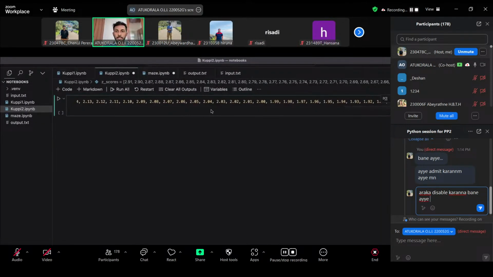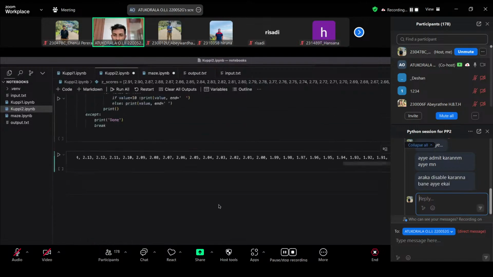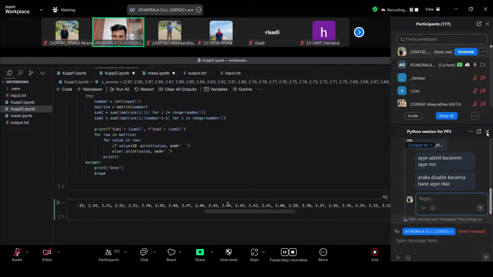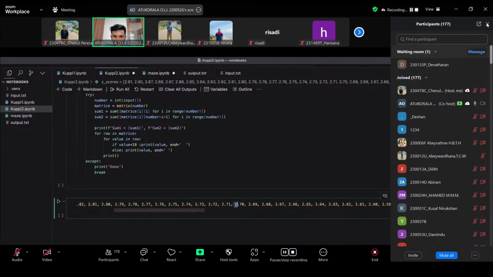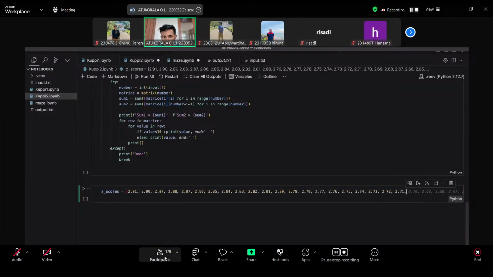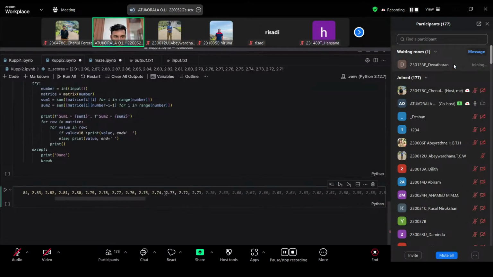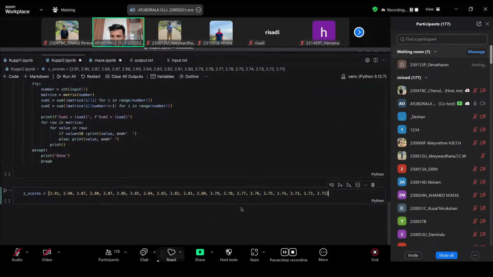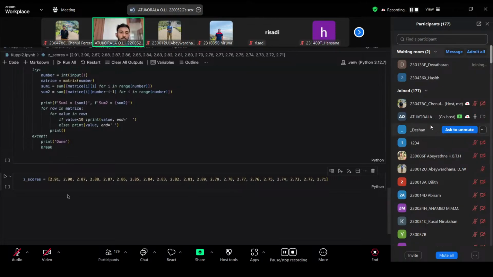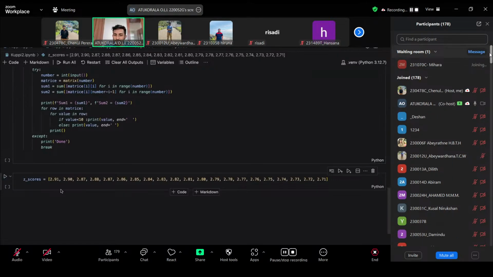I hope you can see my screen. So let's think we have the top 15 people's Z scores. Let's say we want to access a Z score by the island rank. You can do that, it's pretty easy, you just put the island rank.